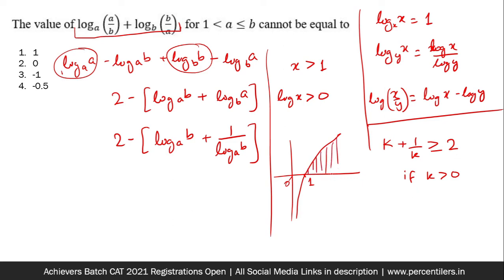So we understand that this is positive, and we have already understood that if this expression is going to be positive, it is going to be greater than or equal to 2. So if this expression is greater than or equal to 2, the greatest possible value of this entire expression is going to be 0. You cannot get this expression to be equal to 1, so 1 is not possible. It can be 0 if a is equal to b. That means if this log thing becomes 1, it can be minus 1 if this bracket becomes equal to 3, which is possible, and it can be minus half if this bracket thing becomes equal to 2.5, which is also possible, because anything equal to or greater than 2 is possible for this bracket.